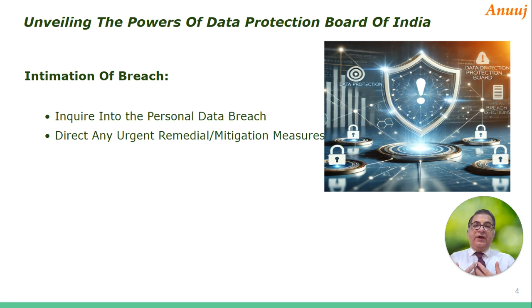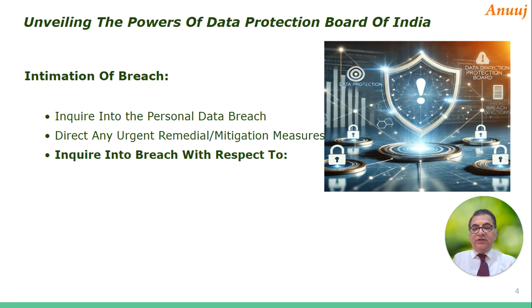For example, an organization is processing personal information and there's a breach of the credit card information of customers they have, right? So a quick remedy or mitigation measure could be to immediately inform those customers also, apart from talking to the board and checking how to make it secure for the next time, but at least inform those customers so that they can get their cards blocked and their cards are not misused. They don't lose money because of the breach. So the board is expected to inquire into a breach when they come to know about it,